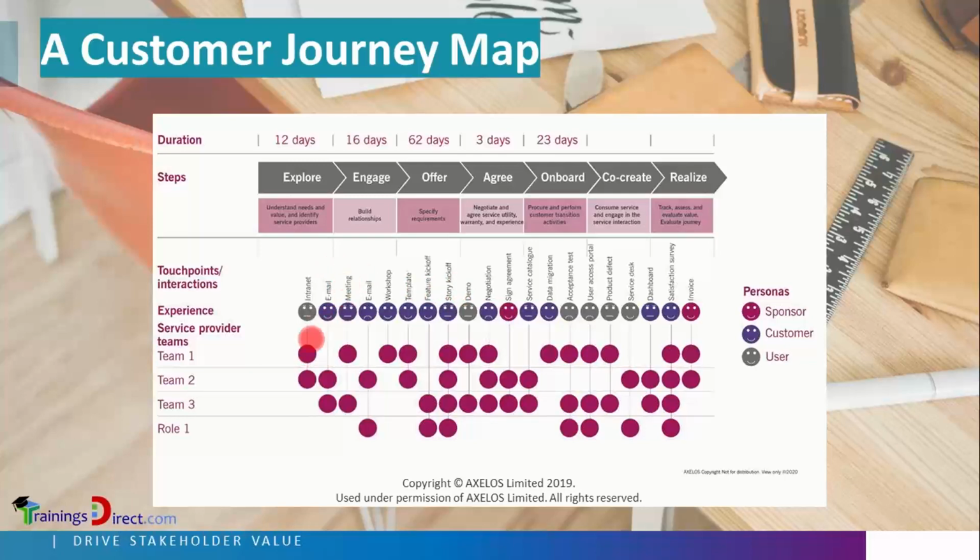And it also shows below who specifically they dealt with: team 1, team 2 in this case. And if you look at this one, it is team 2 and role 1. And overall, there is an indicator. While the journey may be mapped like this, eventually it can be tracked and monitored and reported how the journey was. So for example, there are some smileys, but there are some disappointments as well. Here, negotiation was a disappointment for the customer. So therefore, this is the entire journey for different personas. So a customer journey map shows everybody.